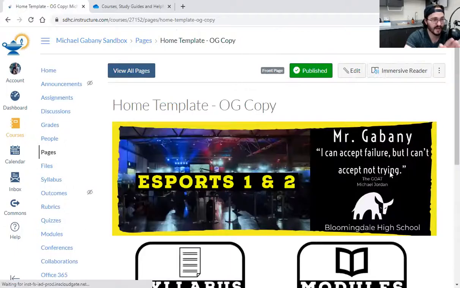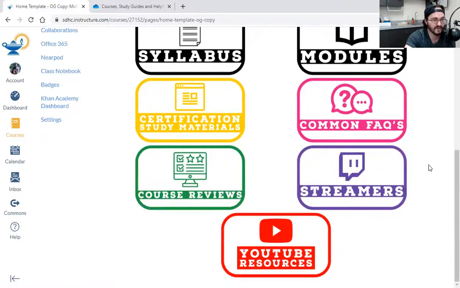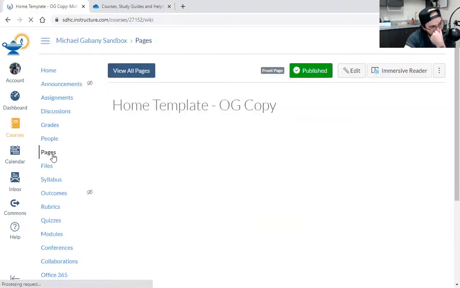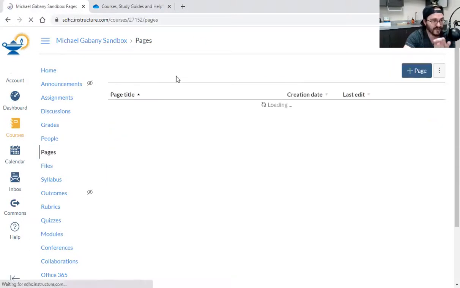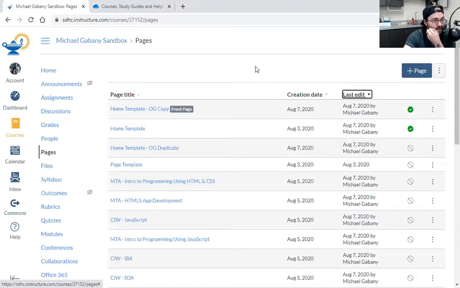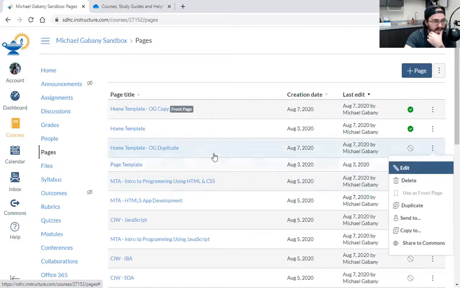What's important is this. Do you have your home template OG copy done? Now, something that you guys should do, go to pages, go to view all pages, and make sure that it says front page next to whatever it is that you copied. So let's say you called yours OG duplicate, right? You have to